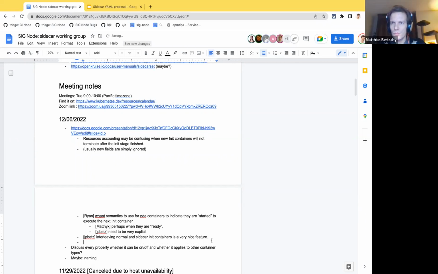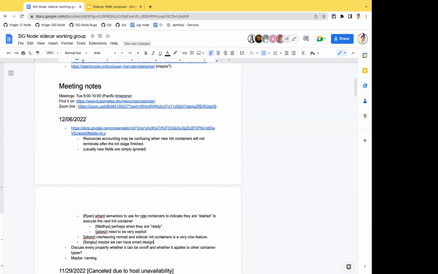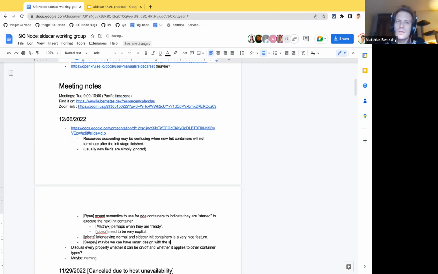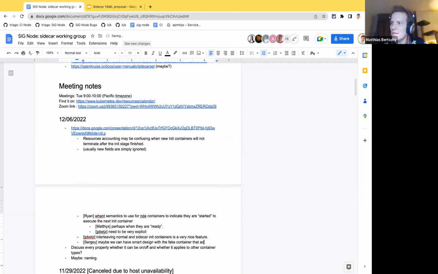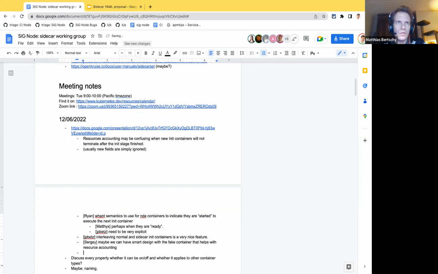There is a question in the chat from Howard. Can init containers have probes? Probably yes. They are just a regular container in the list, no? Yeah, I think they're going to need them. We need them, but can they today? I'll try it out actually. Let's not guess. I think they are both the list of the same container object, so I think you can put them. Maybe they are ignored, but